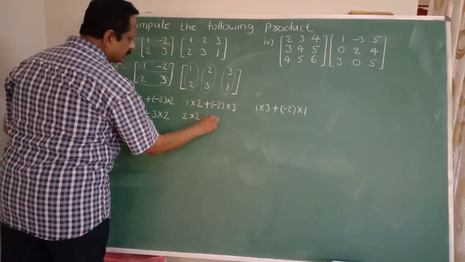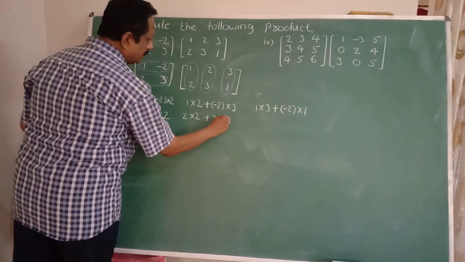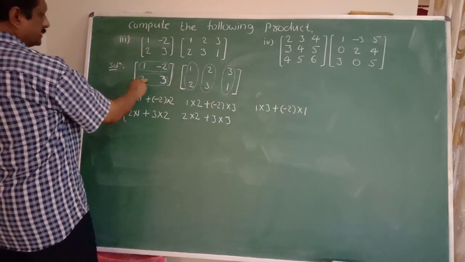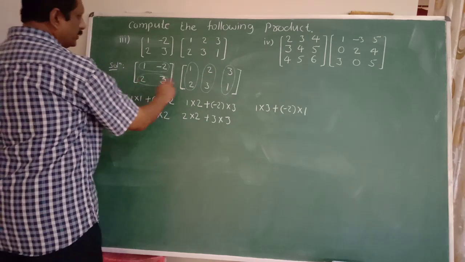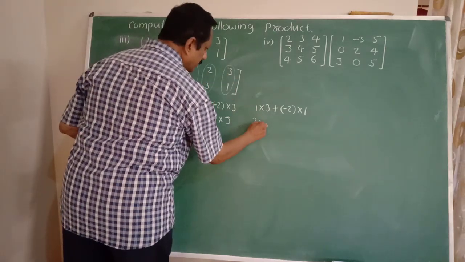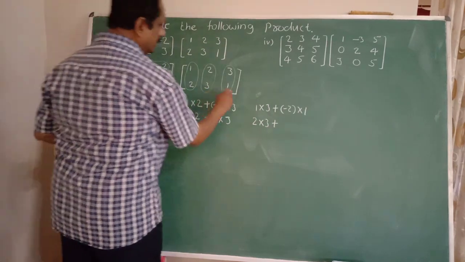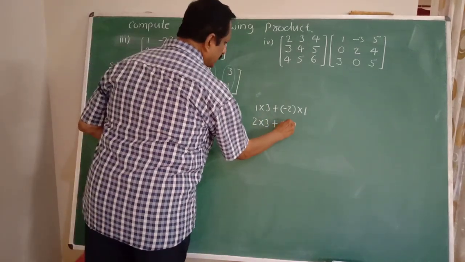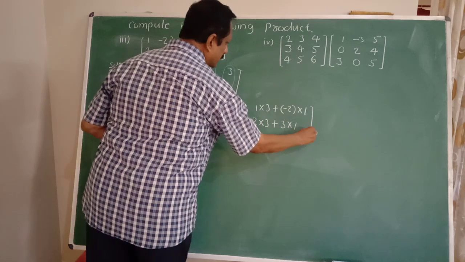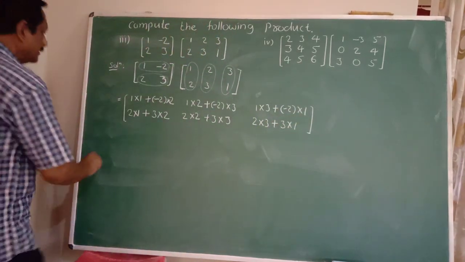Multiply the second row with the third column: 2 into 3 plus 3 into 1. So the brackets are complete. Then this is equal to,